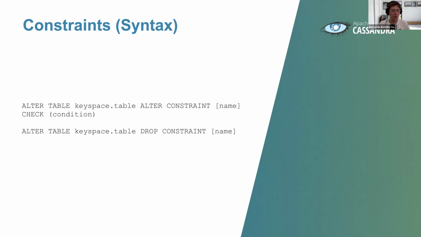Right, moving forward. Now this is how we alter a constraint. It's basically just alter table, alter constraint, and then the name of the constraint, check with the new condition that we want to add, or just dropping it completely, also referencing it by the name. Now, what happens if that name, which is optional, is not provided? Then a random identifier is created for that particular constraint. You can reference it by describing the table, and you will see the actual name that has been generated for it, and then you can alter or drop it.